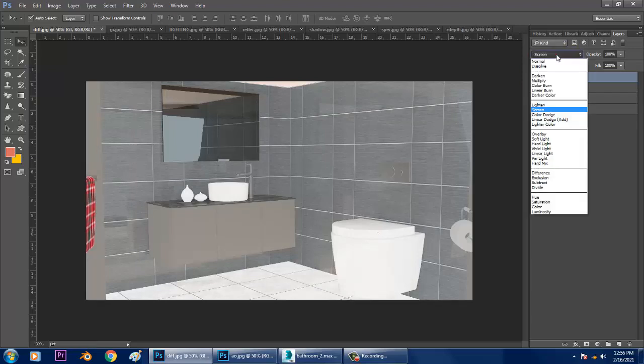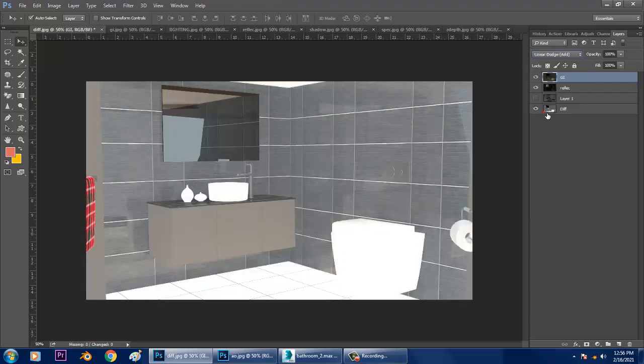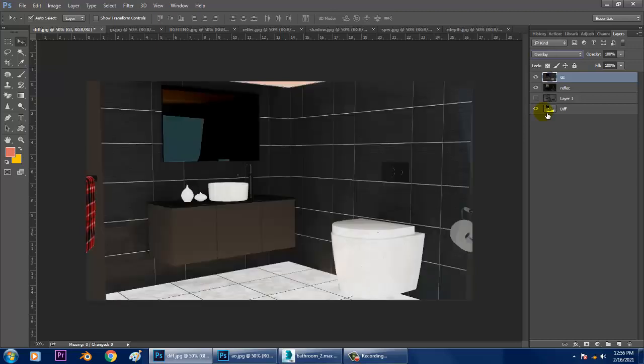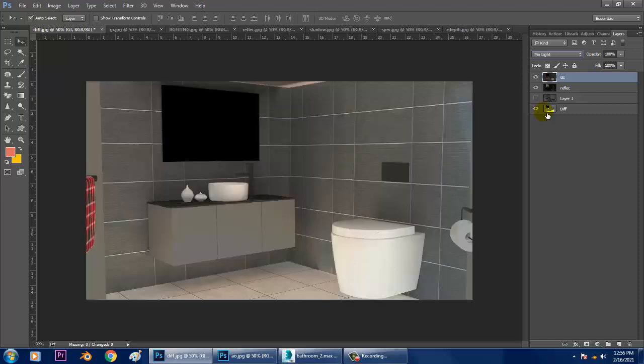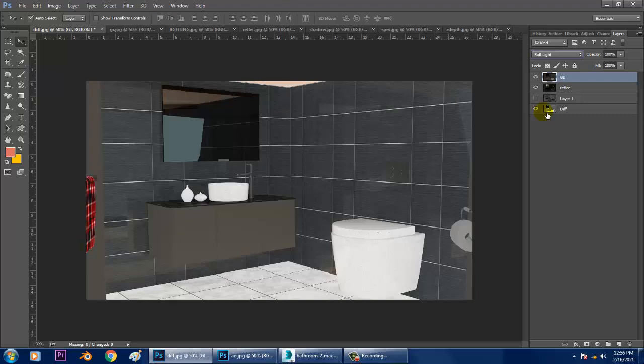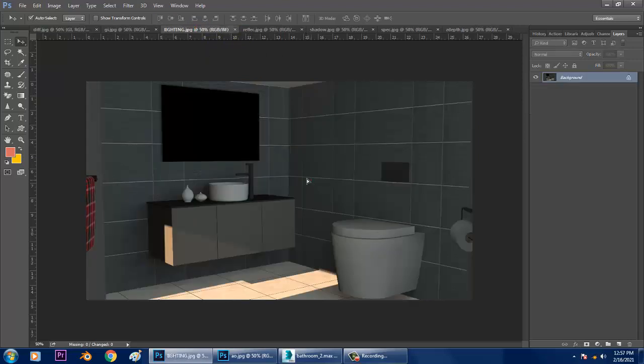I can also check out all the blending modes properly. And go with the GI, much better. After that, we'll be going with the lighting pass.